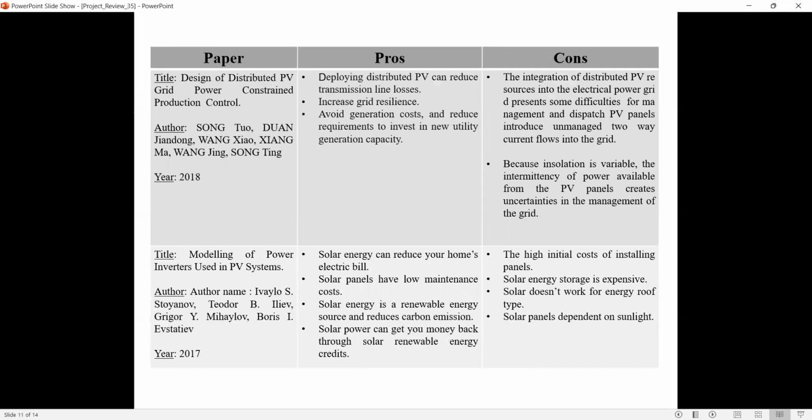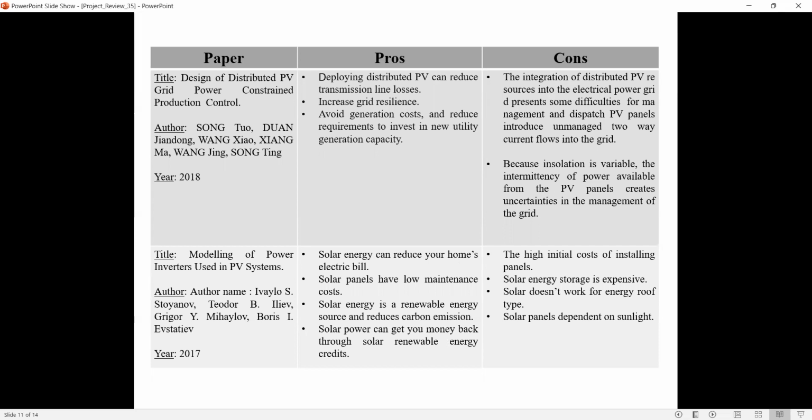Coming to the next paper, which is Design of Distribution PV Grid Power Constrained Production Control, which is published in 2018. The advantages and disadvantages of this paper are: deploying distributed PV can reduce transmission line loss, increase grid resilience, avoid generation cost, and reduce requirements to invest in new utility generation capacity. The drawbacks are the